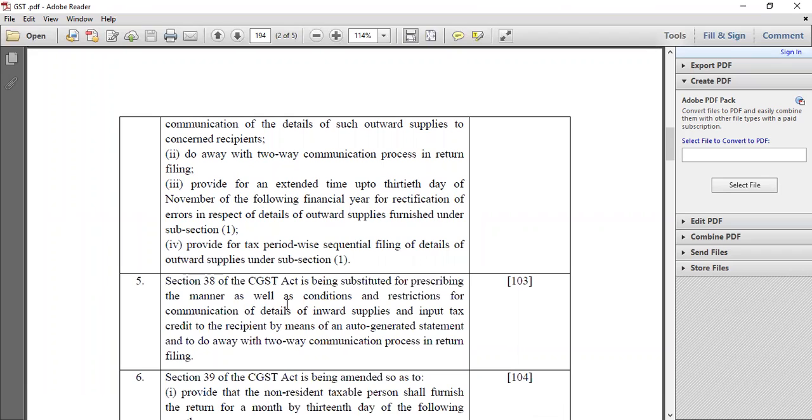Then comes Section 38 of CGST Act. It is being substituted. Here also the two-way communication process is being done away with. So this section is being substituted